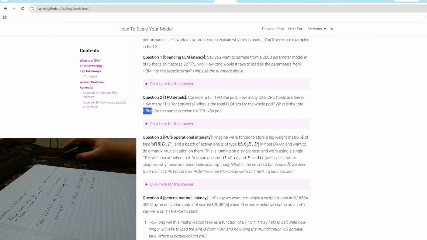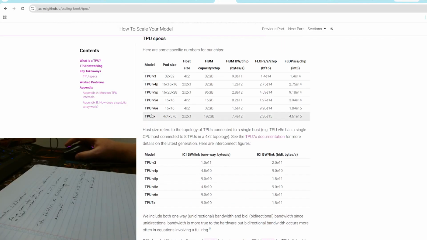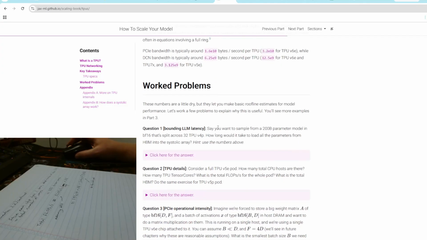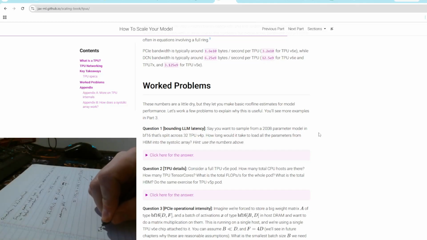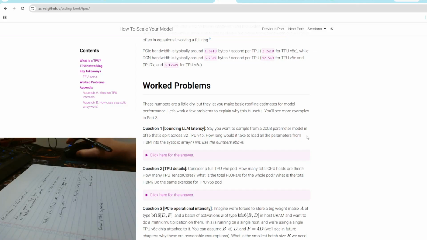Let's see. Do the same exercise for TPU V5P. Okay, what is the total HBM capacity? Probably is what they mean. Or bandwidth. I'm just going to do both just to be safe. Total HBM capacity equals